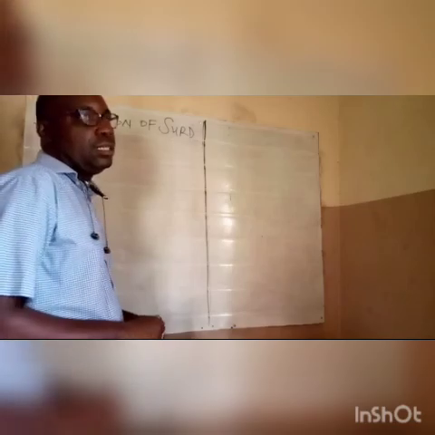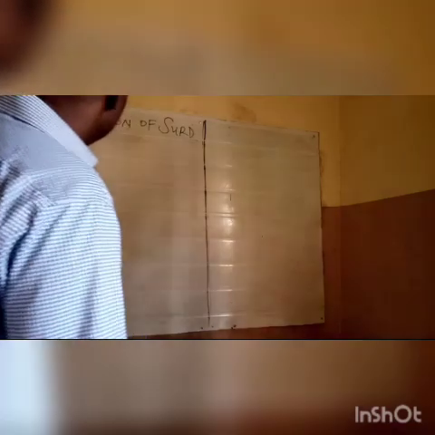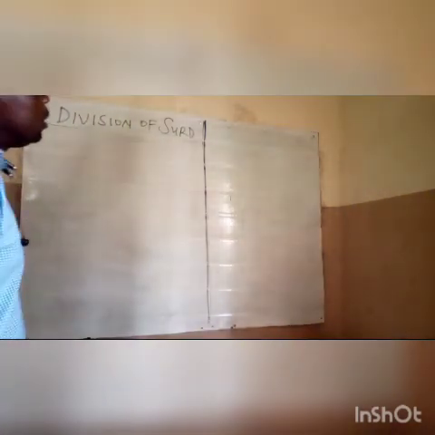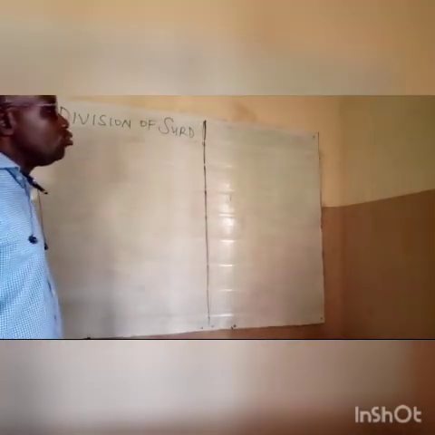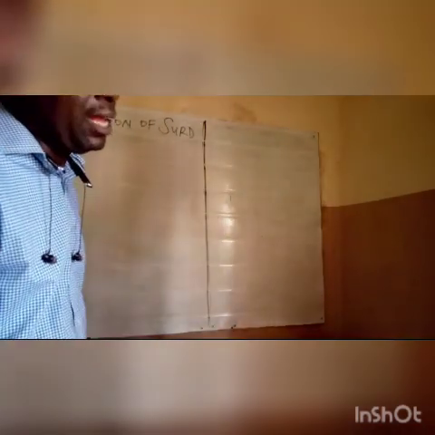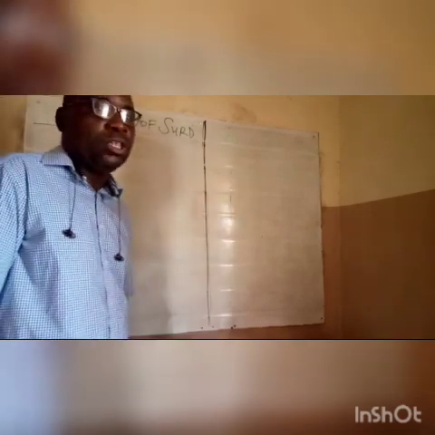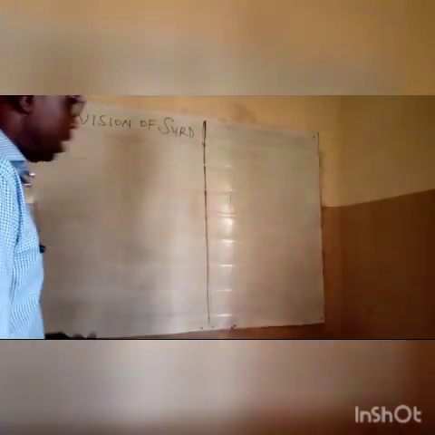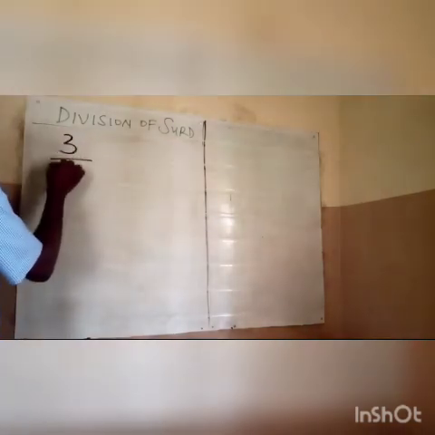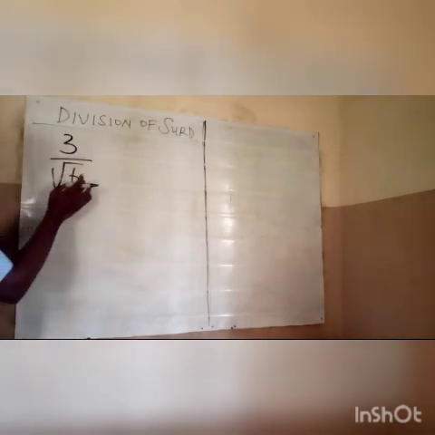Last time we saw questions on multiplication of surds. Today we are going to deal with division of surds. Division of surds has to do with the rationalization of surds, and a surd can only be rationalized when the denominator of that particular fraction is in surd form. You now rationalize it. For example, if you have 3 over root 6, you can actually rationalize the denominator, which